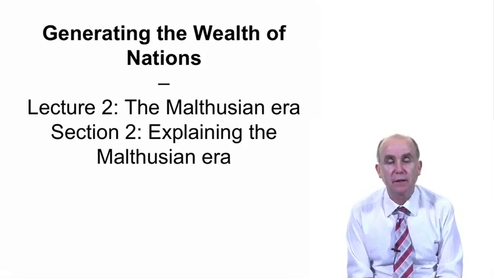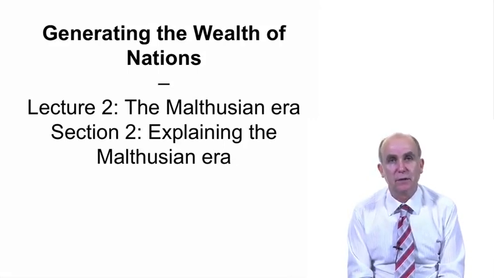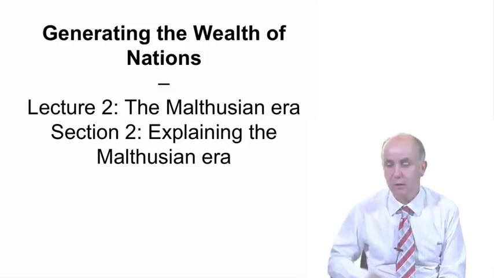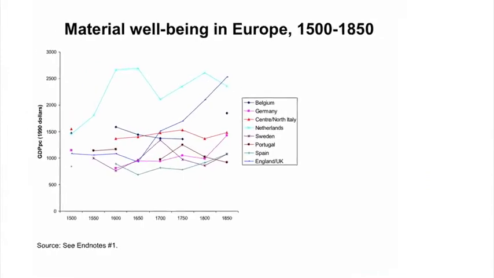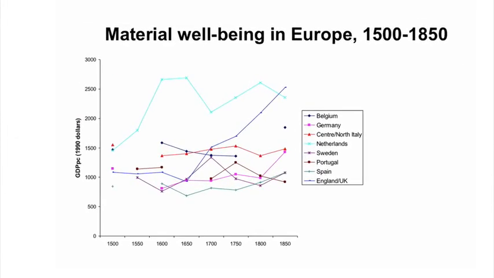In this section of the lecture, I'm going to be talking about the Malthusian era. This is a period that I've mentioned a couple of times previously, a period that we usually associate with relatively slow or little increase in living standards over time. In this graph, I've shown some data that we've seen before, which shows material well-being in Europe from 1500 to